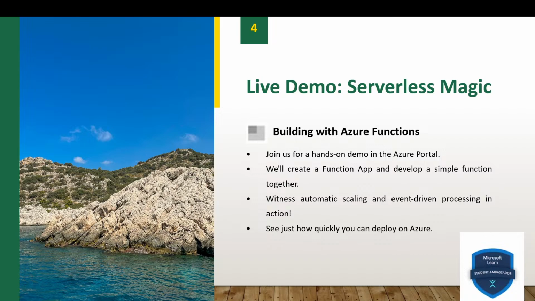Third one, write the function code. The Azure portal will now present you with a code editor containing some default code. Modify this code to create a simple function that returns a message. Example code in JavaScript: module.exports = async function (context, req) { context.log('JavaScript HTTP trigger function processed a request.');